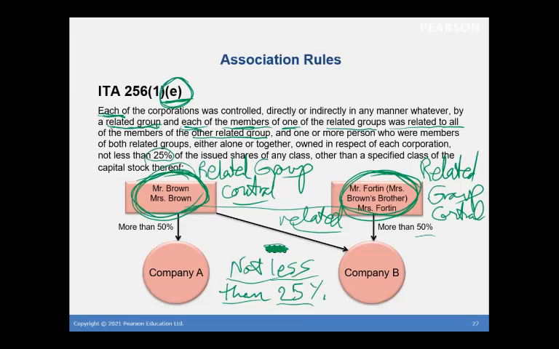And then either these two people together or just one of them alone, but obviously if it was one alone, that's enough to pass it, is going to own cross ownership here of not less than 25%. And that cross ownership could go either way, but it does not have to crisscross. So the way they've drawn these diagrams is not 100% consistent, particularly this one. If they were going to be consistent, they would also draw this crisscross. You don't have to crisscross, but it's one or the other, and it's still not less than 25. So I think they probably could have drawn that a little bit differently in the text.